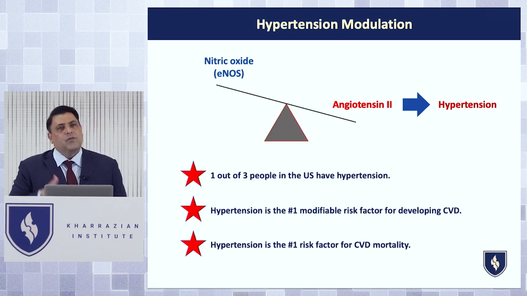So we're on module 10. Module 12, we're doing a whole module on longevity medicine. And a huge part of that is maintaining your vascular endothelium. And one of the main ways to maintain vascular endothelium is to make sure you don't have hypertension. And hypertension is also the number one risk factor for CVD mortality, that if you do have an event, will